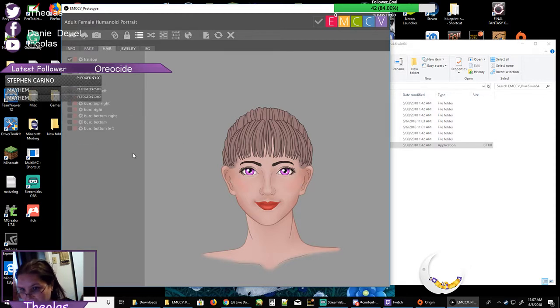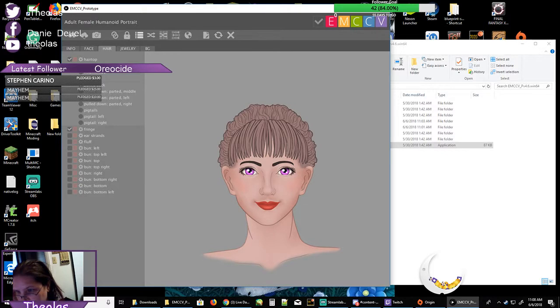Now we're going to go with the hair. The hair is really, really nice because she has a lot of varieties that you can do with it already. Like, let's go into hair top. We've got volume, we've got curly. As you can see, I tend to go with the sleek voluminous because I really like it. We've got pulled back, we've got parted in the middle, parted to the left, parted to the right, pigtails, pigtail left, pigtail right. I'm actually going to do pulled back